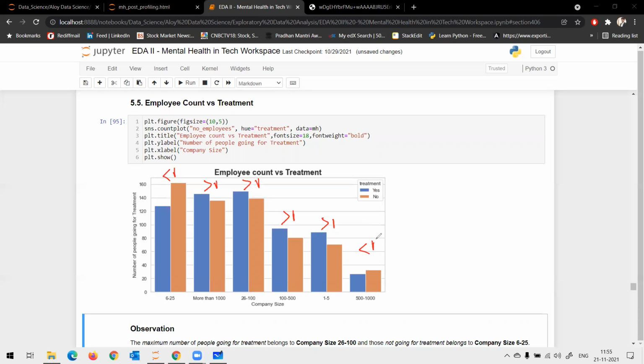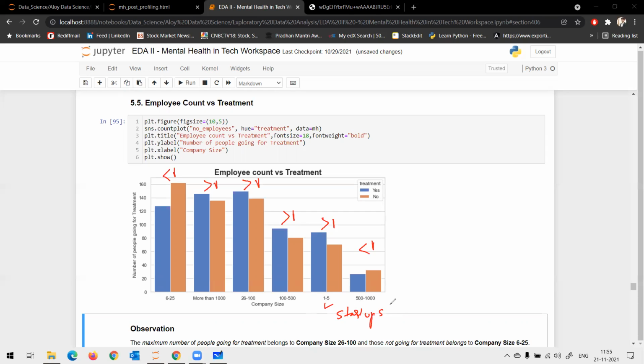Now, let's start with 1 to 5 employees. If the company is having only 1 to 5 employees, what type of company are you looking at here? Basically, these are startups, right?